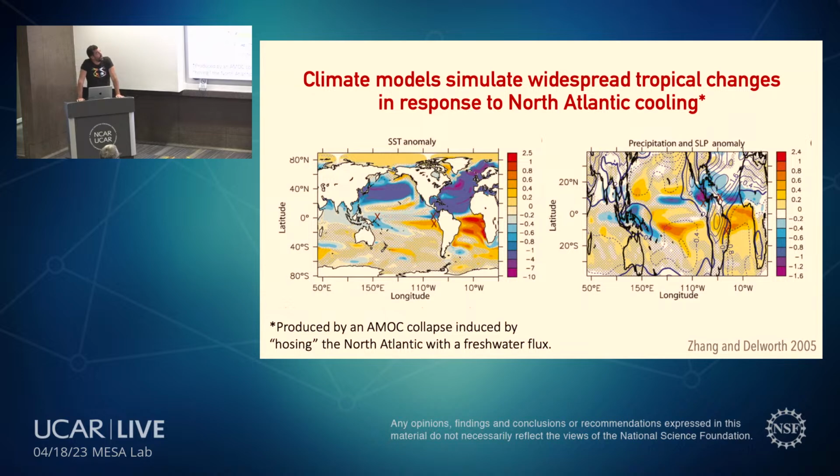So climate models can simulate widespread tropical changes in response to North Atlantic cooling. And there's a long history of so-called freshwater hosing simulations in which a freshwater flux is applied to the North Atlantic, the AMOC collapses, produces cooling, and then the tropics respond. And here I'm just showing results from one of these first studies by Zhang and Delworth, showing large changes in the tropical rainfall to the right, showing that, yes, the tropics can respond globally to cooling of